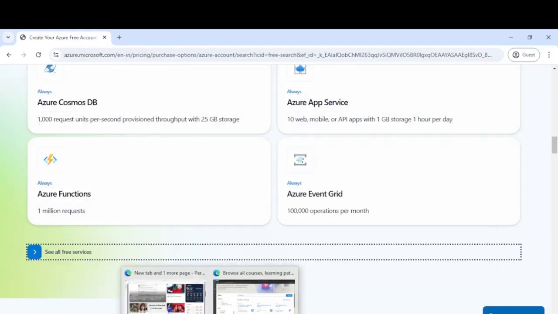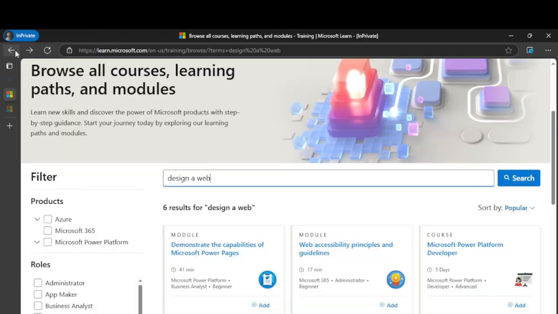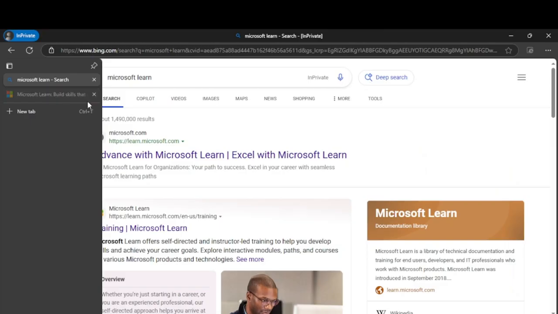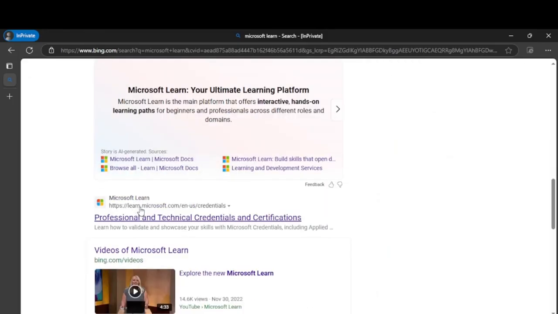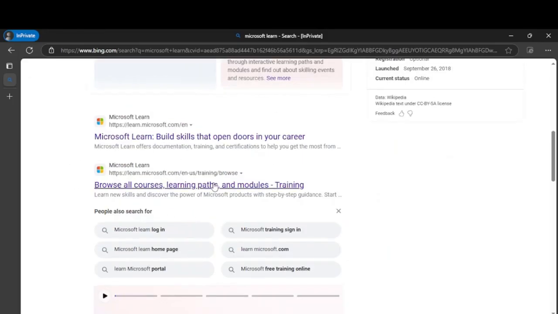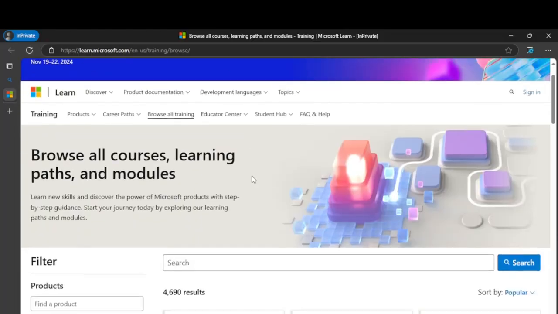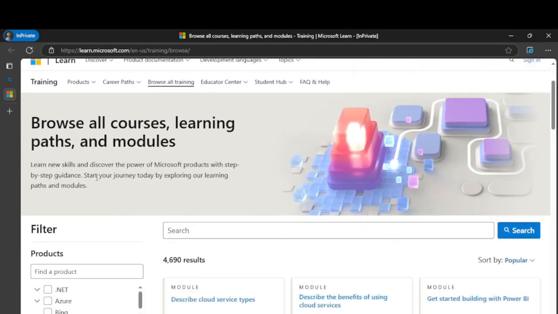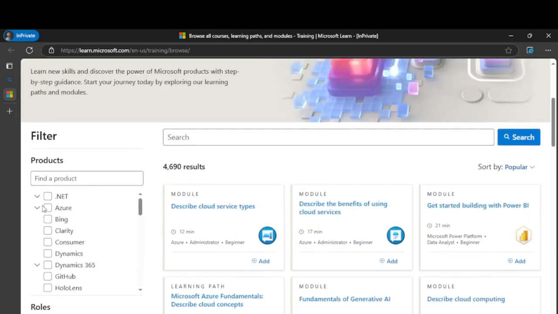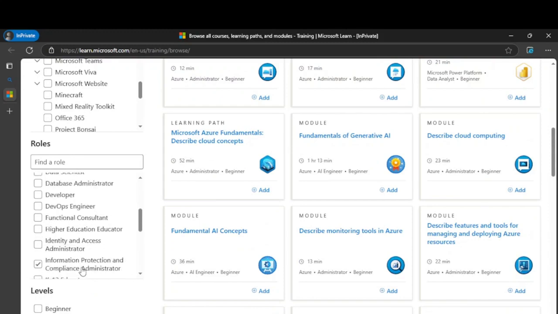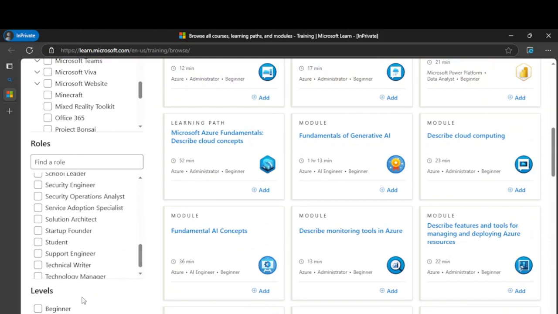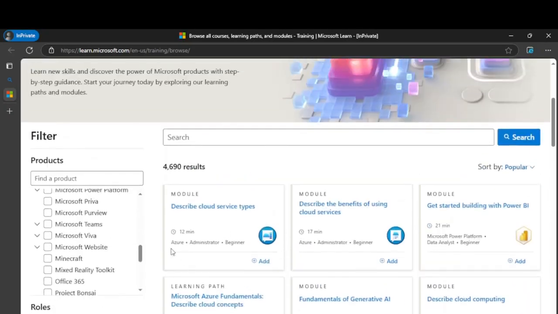So let's go to the Edge browser and open a private window. Just type Microsoft Learn, and once you type this, you will get the Microsoft Learning Path. Once you come over here, you will see many learning paths, like if you want to learn Azure, .NET, or whichever role you are: administrator, business user, data analyst, developer, DevOps engineer. If your level is beginner, you can try to learn. Simply, it's a learn site, the official documentation site.